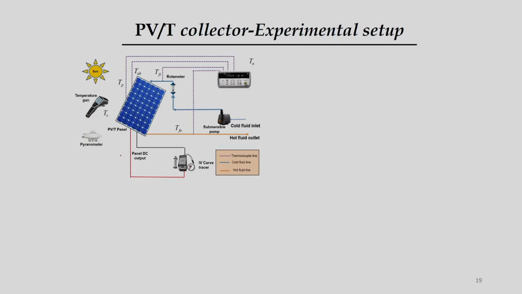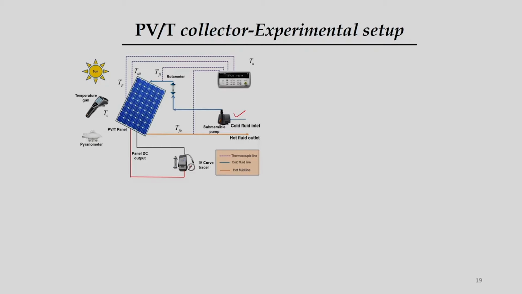So, for this arrangement, to investigate the performance of this module, we have made an arrangement with a pump attached to a flow meter, so that a regulated amount of fluid can be injected through the tubes placed beneath the PV module, and then we have an IV tracer, then temperature gun, then pyranometer, and then data acquisition system to monitor the temperature at